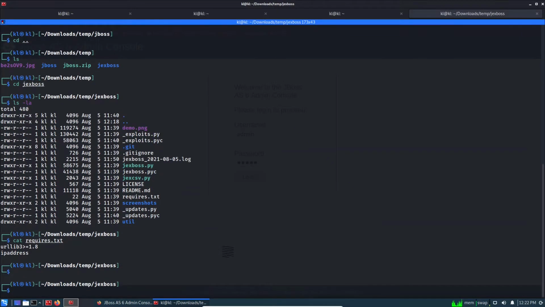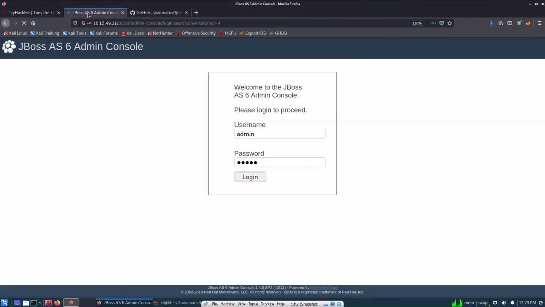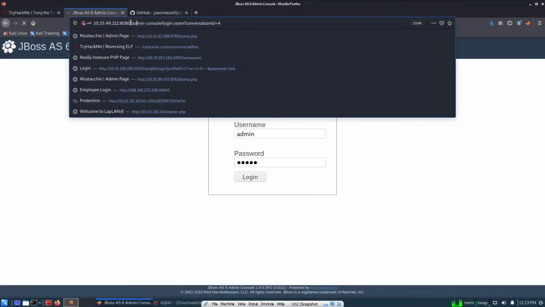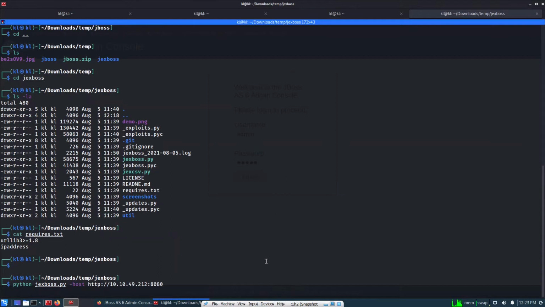So python jexboss.py -host, and then the complete URL, which is this. Let's paste it here and press enter,